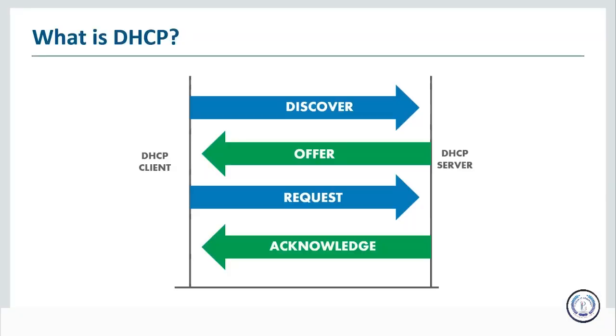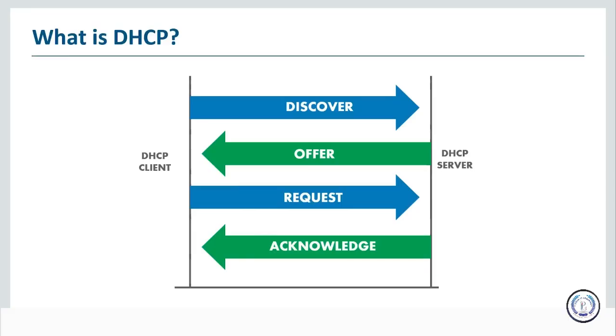Okay, so now that we are done with our small little introduction and a brief use and history of Wireshark, now let's move on to our next topic for the video, that is DHCP. Okay, so DHCP is a protocol and it stands for Dynamic Host Configuration Protocol. So DHCP is a network management protocol used to dynamically assign an internet protocol address to any device on a network so they can communicate using IP.